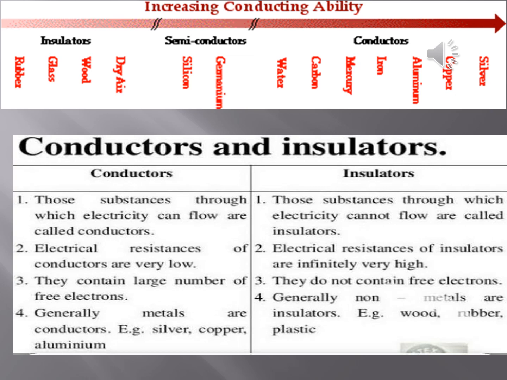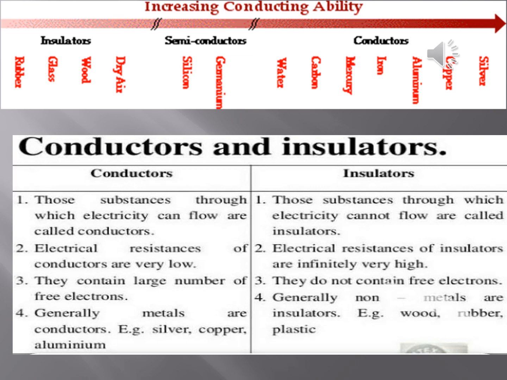I forgot one thing, semiconductors. Semiconductors means partially conducting, for example silicon, germanium. The gap between the conduction band and valence band is narrower, so with a small amount of heat, electrons move across the gap to the conduction band and it becomes a conductive material, but at a temperature of absolute zero, it behaves